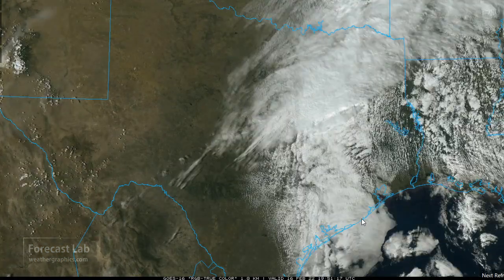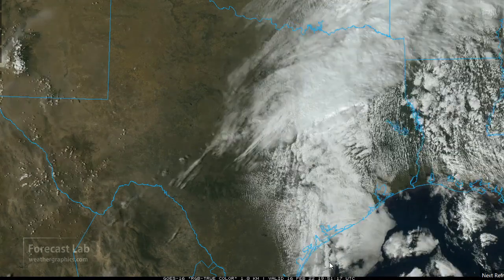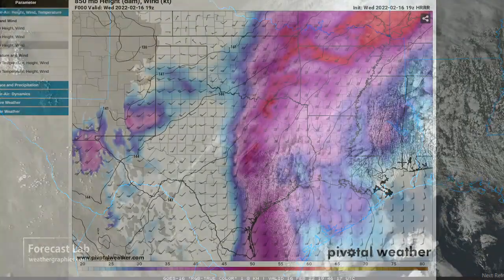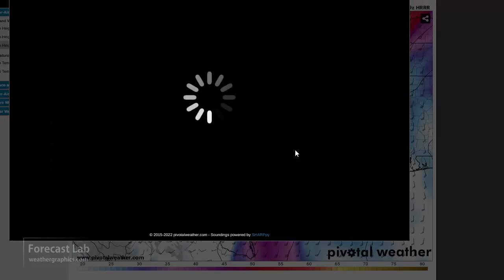Heading into Texas, we pick up the fetch of tropical flow coming up off the Gulf. The Gulf is open. And we've also got a low-level jet spreading over the region. There it is on the 850 millibar chart, 50 knots from Austin up to DFW. And if we drop a sounding in the middle of that over North Dallas,